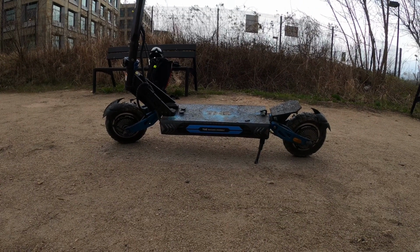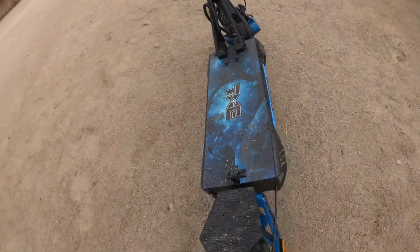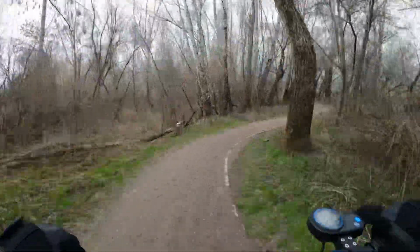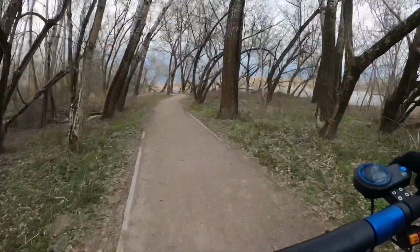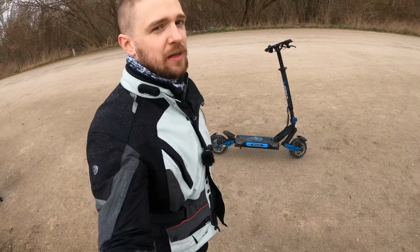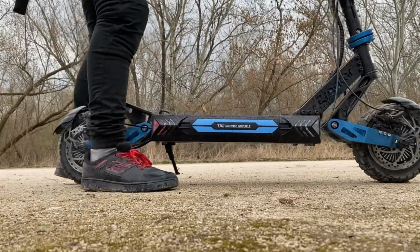So it's not the easiest one to put into a trunk. Moving on, the construction of this scooter is really nice. The comfort actually is surprisingly nice. I was riding obviously the Dualtron X, the 010X, the 011X, and this is just really, really comfy. The funny thing is that it has not that much travel, but the travel that it has